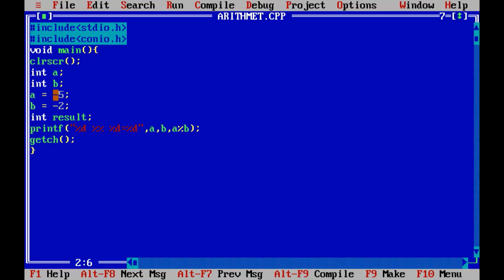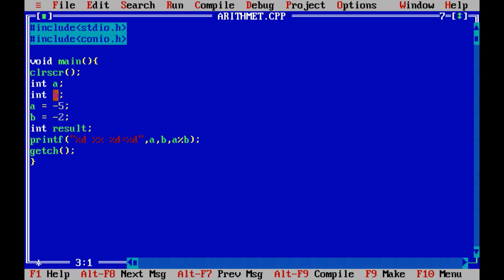First and most important thing, #include math.h. Now integer a and integer b, two variables are here. Now what I will do, 5.0 and 2.0.